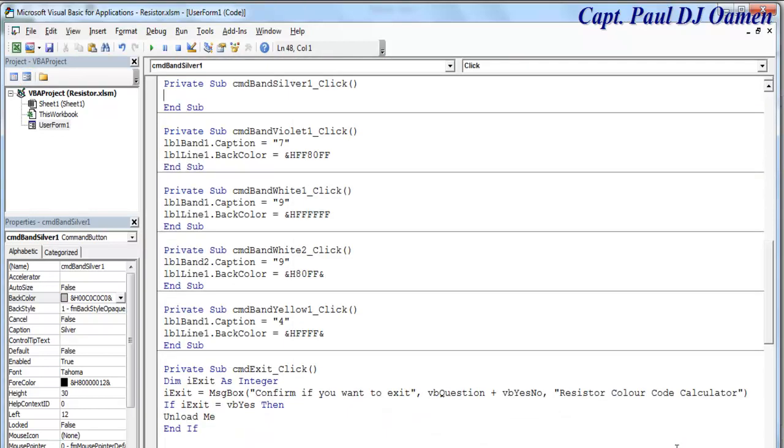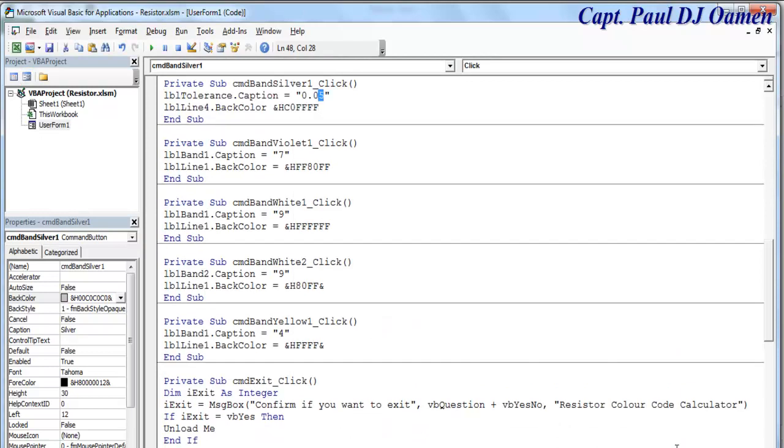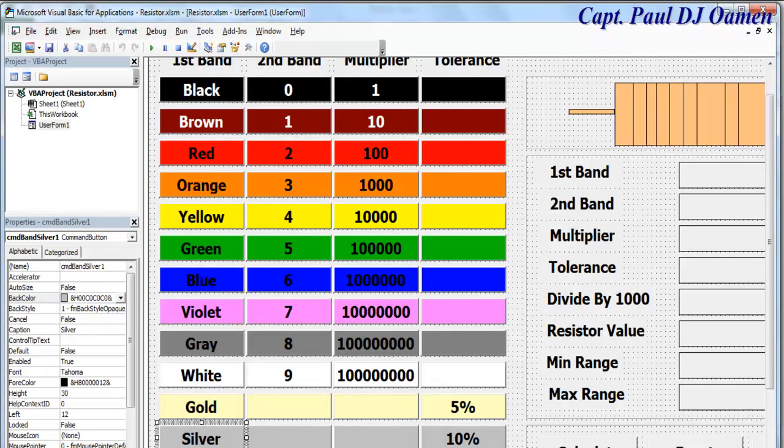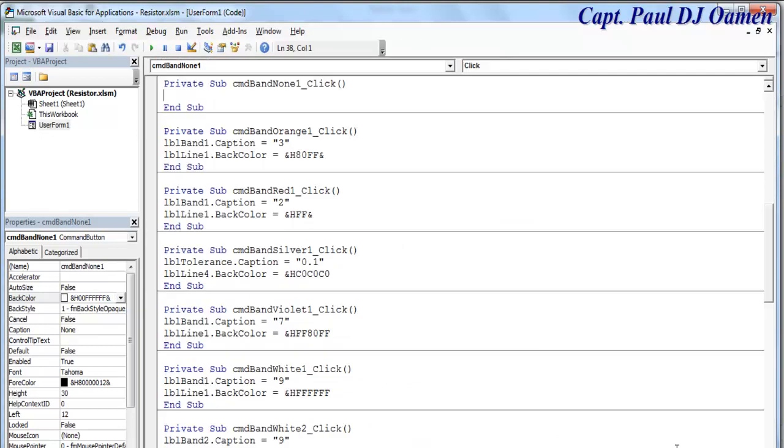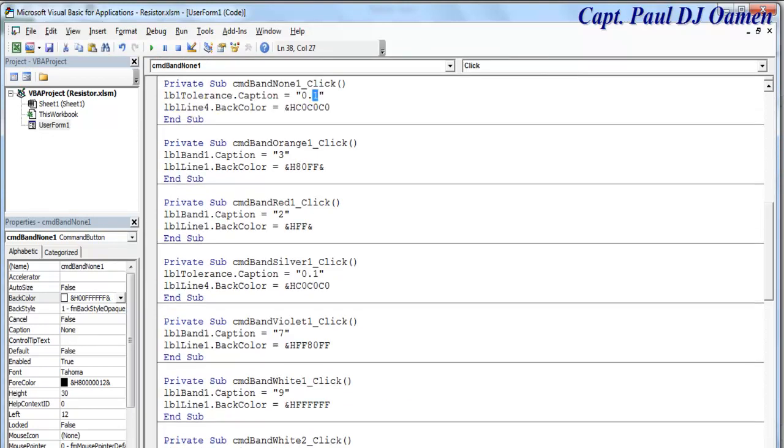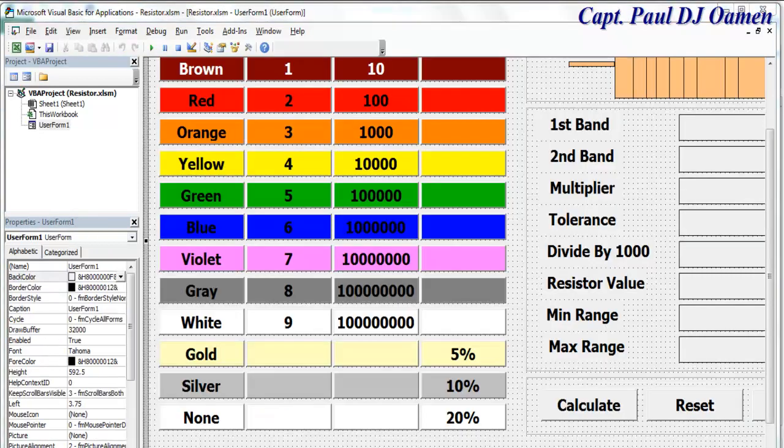That's the silver here. Double click on silver, paste that in there. Silver is 0.1, and that is the color for silver. Change that to silver. And the next one is white. That's supposed to be none. Double click on that. As for the white, it is 20%, that's 0.2, and that is the color white. There. Okay, since we've taken care of this tolerance, I'm going to use this as tolerance as well, so we